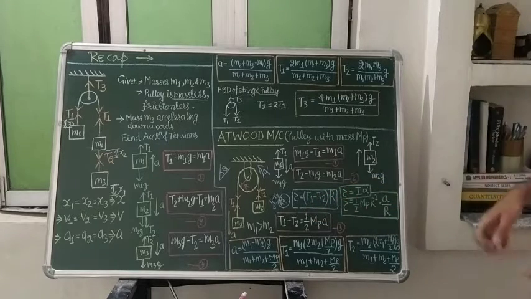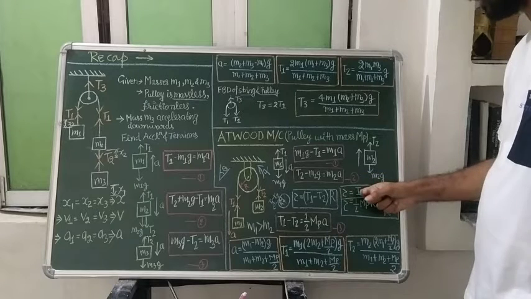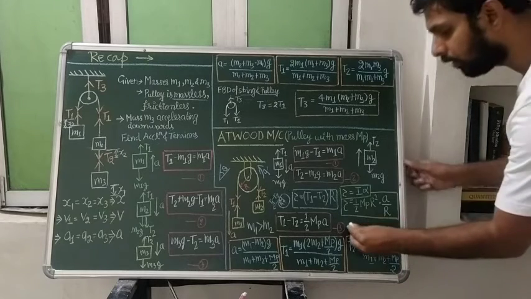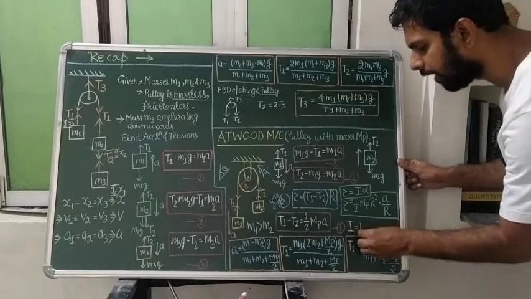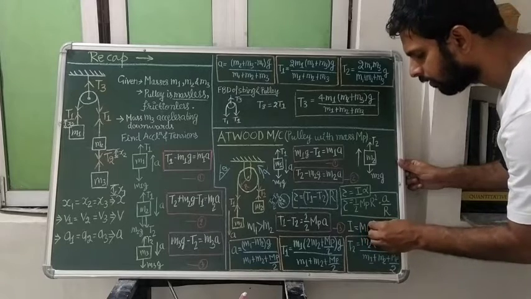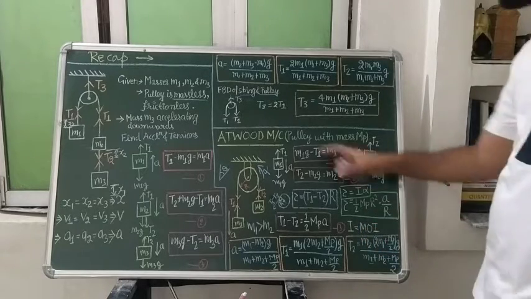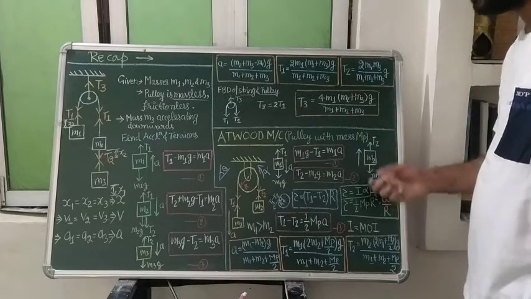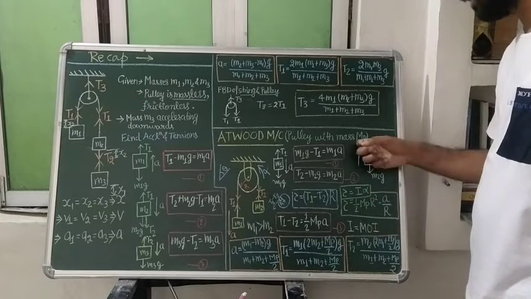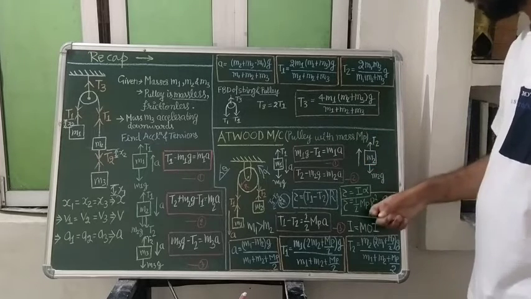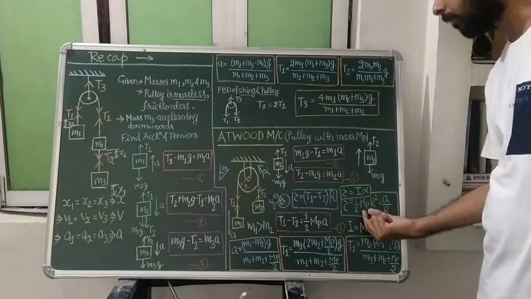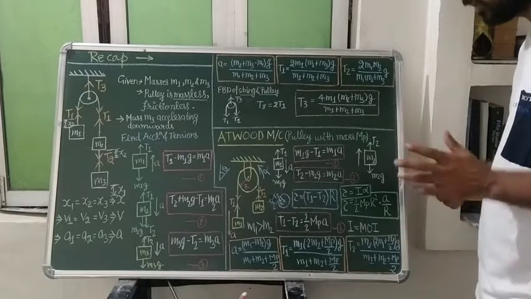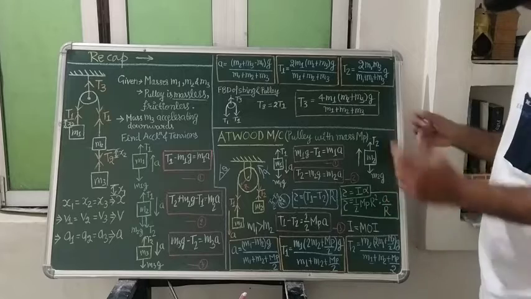And torque for the rotational motion should be equal to what? I alpha. Where I was what, students? Moment of inertia. We will abbreviate it MOI. And moment of inertia for a disc, a circular lamina, will be half times the mass multiplied by radius square. So the mass of the pulley we have assumed as MP, so half MP times R square will become the moment of inertia. Alpha, I have told you, whatever the angular acceleration will be, will be equal to what? Linear acceleration divided by radius.